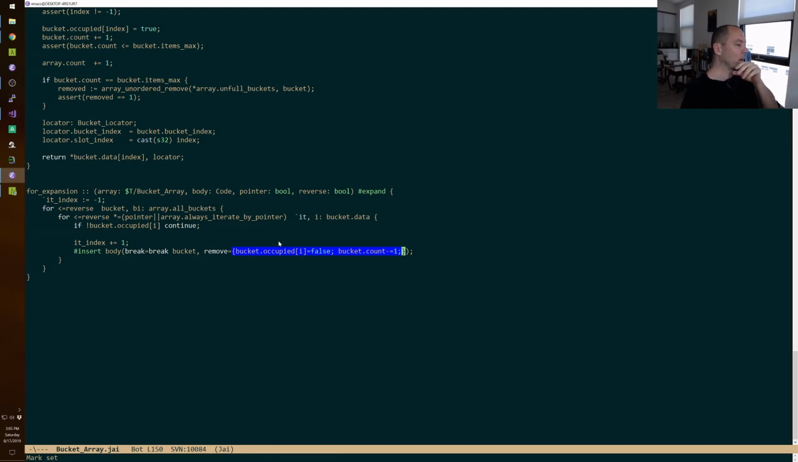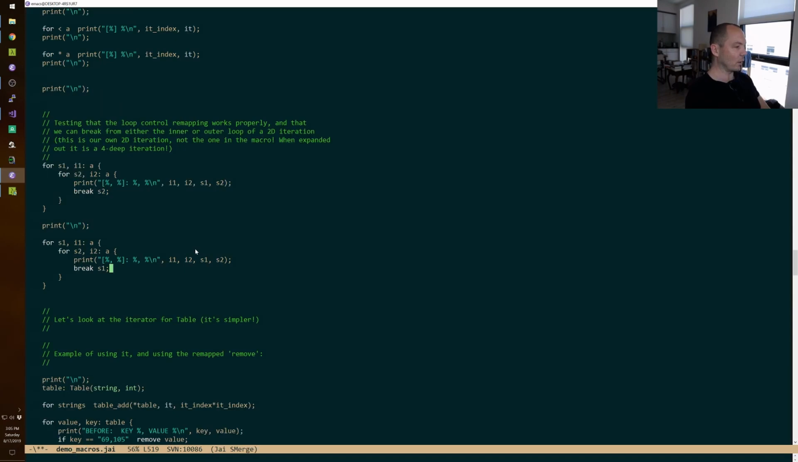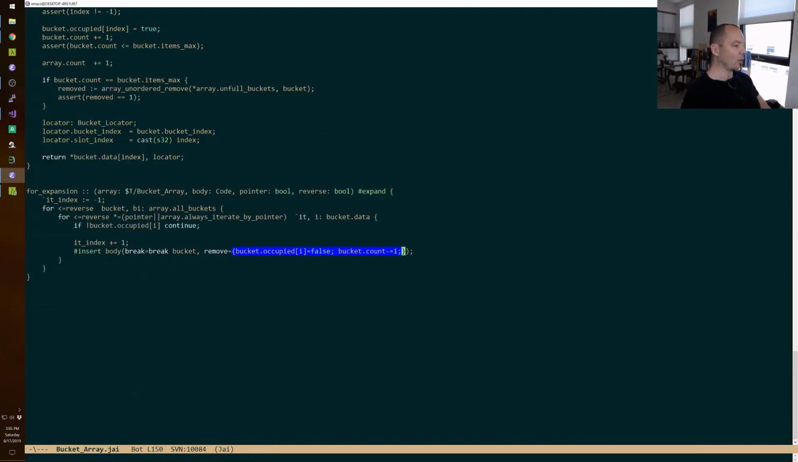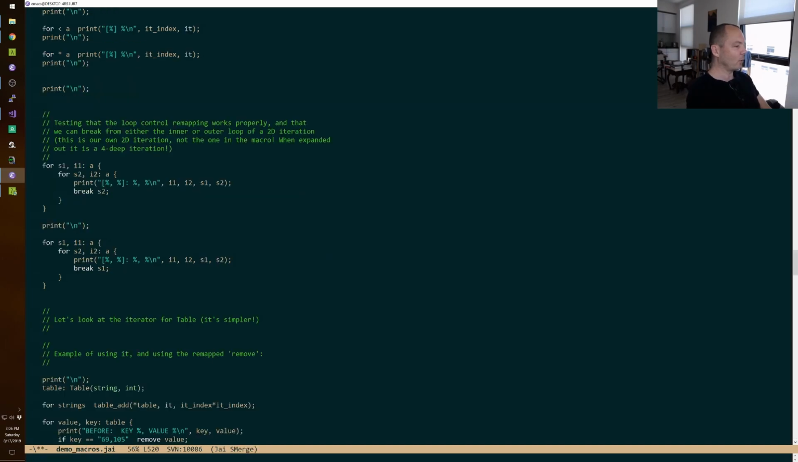And so you can think of this as being like a wildcard search and replace that operates on the piece of code that is inserted when this macro activates, which again is just whatever's in the body of the thing. Now, why does the two-dimensional one work? Because like doesn't this, when you expand the outer one, doesn't this replace the break in the inner one? And the answer is I